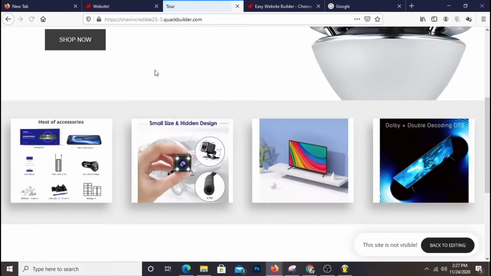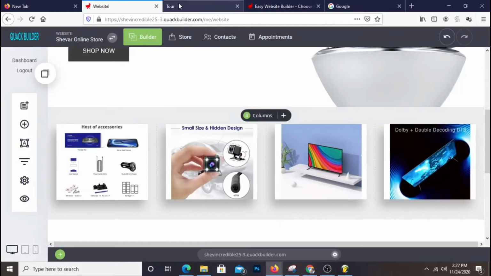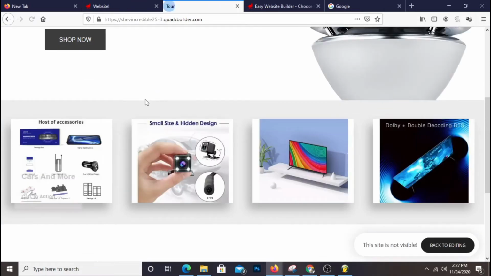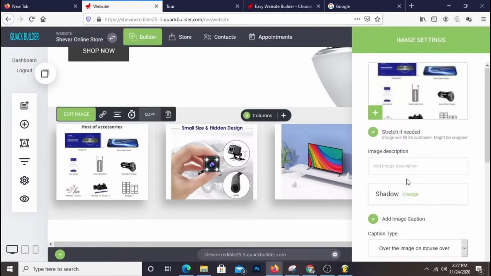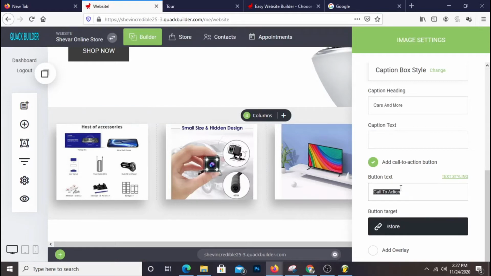So if I come back to the preview and refresh it, as you can see, if I hover over it, it comes up and says cars and more. And if I click that, the call to action, I should change this, that button right there. I'm just gonna click and say shop